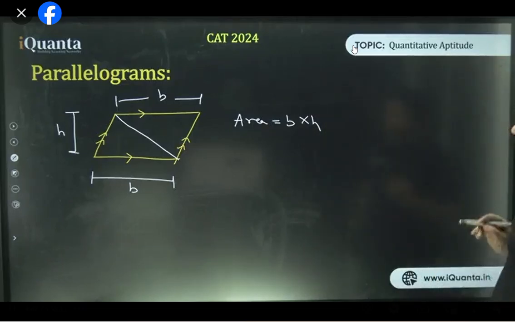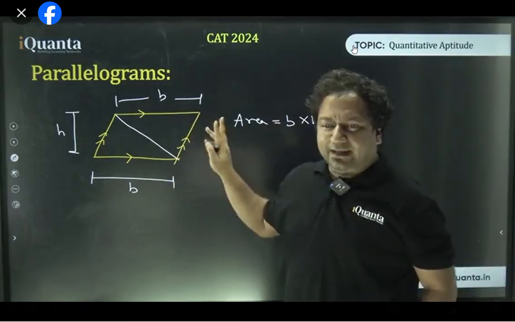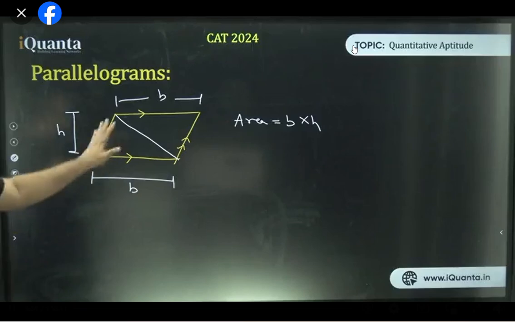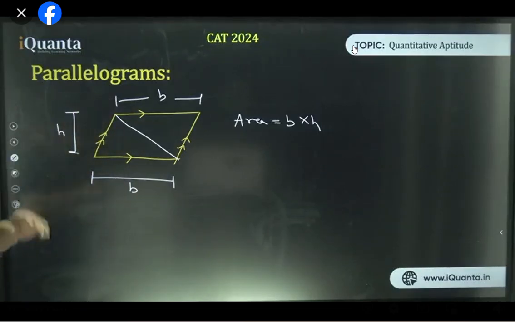What else is there? So there are things which I will not write, but I will just draw. For example, I already told you opposite sides are parallel and equal. In a parallelogram, opposite sides are parallel and equal. So I don't think that has to be written anywhere. In English language, the figure itself is sufficient. Yes or no? Do you want me to write these things, or is the figure sufficient? Tell me. No need, right? It's sufficient.